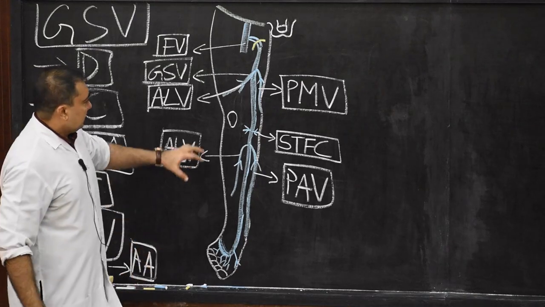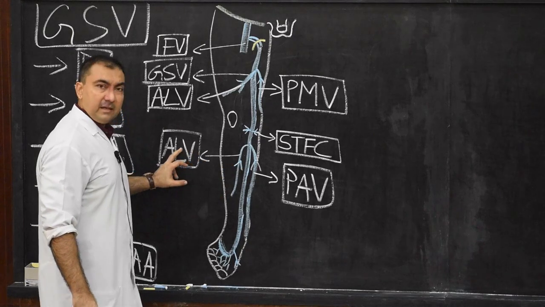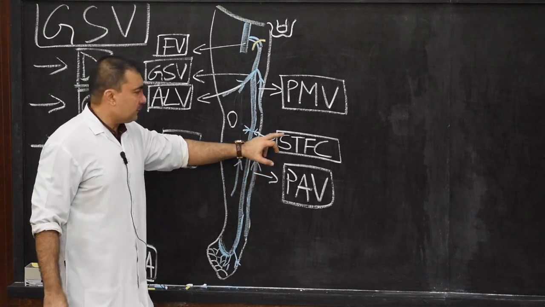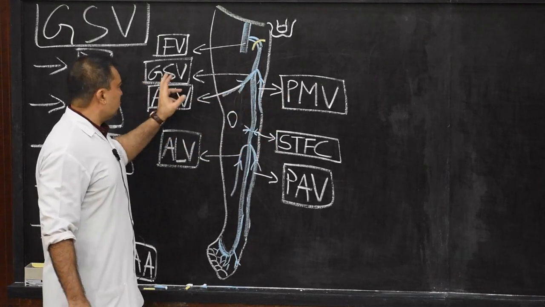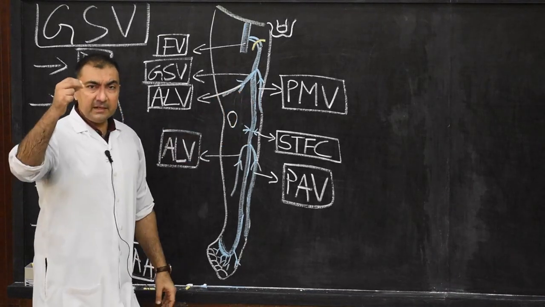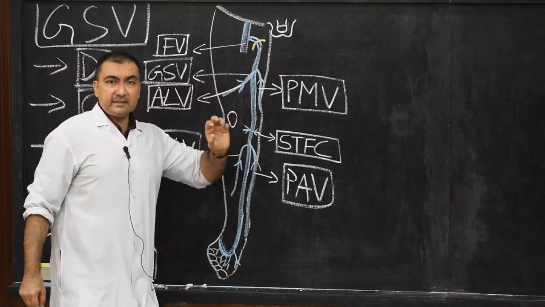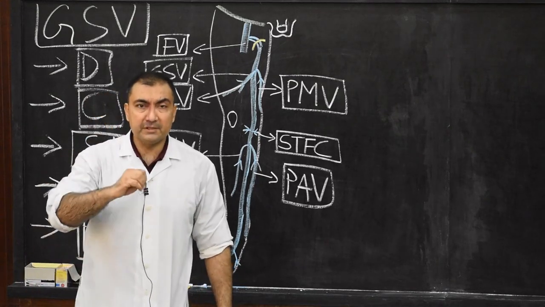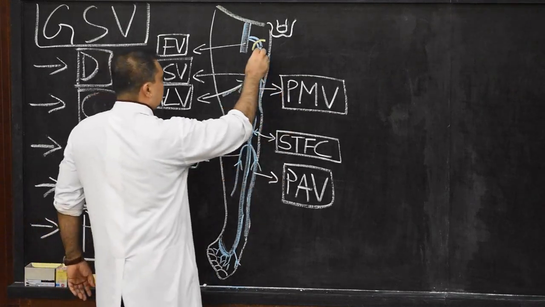So these are the tributaries: the posterior arch vein, then the anterior leg vein, then several tributaries from the calf, then in the thigh the posterior medial vein and the anterolateral vein of the thigh. And then there are 3 more tributaries just before the great saphenous vein pierces the cribriform fascia. Before it pierces the cribriform fascia, there are 3 more tributaries which are very important, and here we draw likewise,